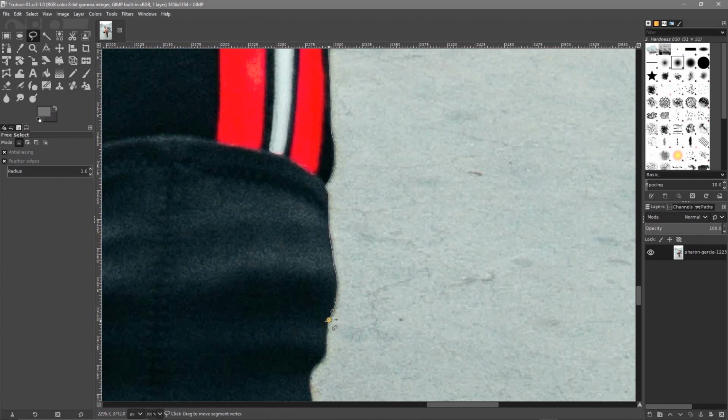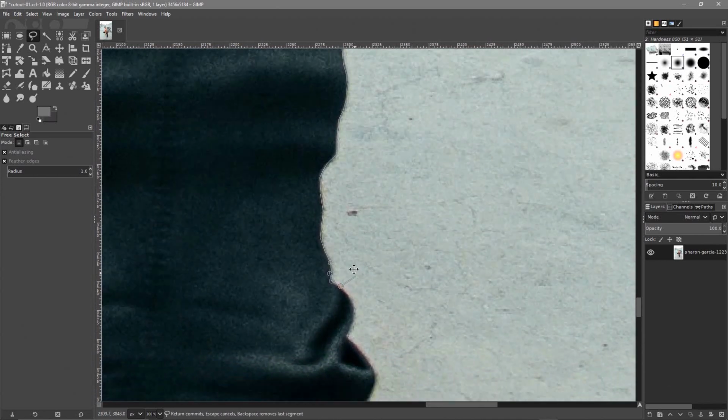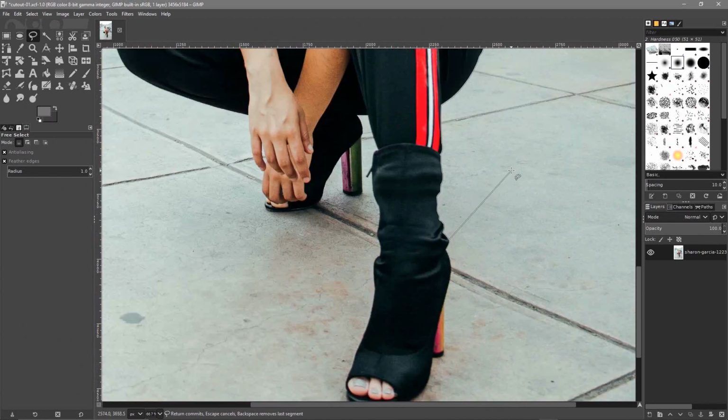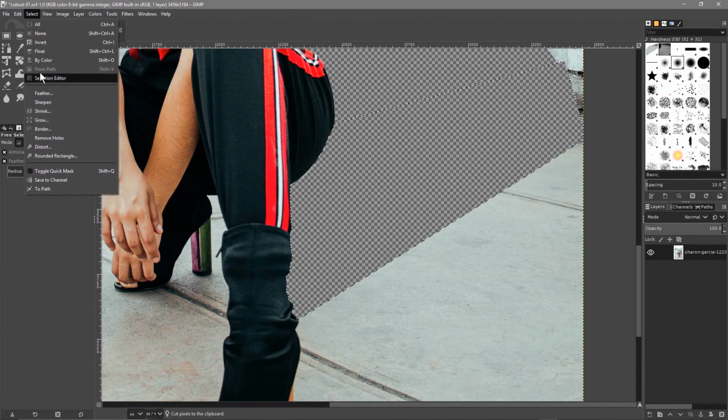So it's worth taking your time when you get to edges like this. In some tutorials I've seen someone literally go around the whole image, make the whole selection and then delete the background at the end. I really don't think that's a wise move. I think you should get to somewhere like here, zoom back out, and then click over here, click up here somewhere, connect it here, then hit the enter key, then go to edit, cut, and then go to select none,